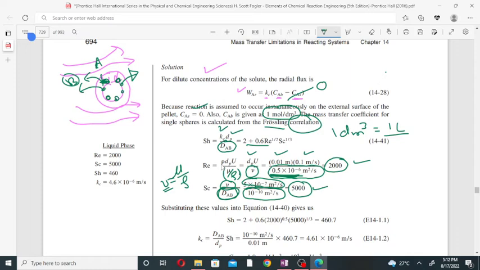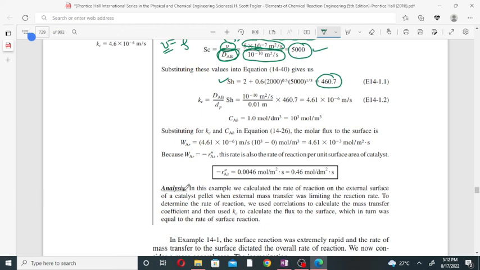Now substitute the values of the Reynolds number and the Schmidt number in this equation. The Reynolds number is 2000 and the Schmidt number is 5000. So after calculation, the Sherwood number will be 460.7. Now from the Sherwood number we can get the mass transfer coefficient. So we know that the Sherwood number is